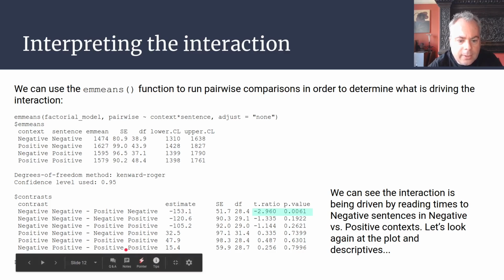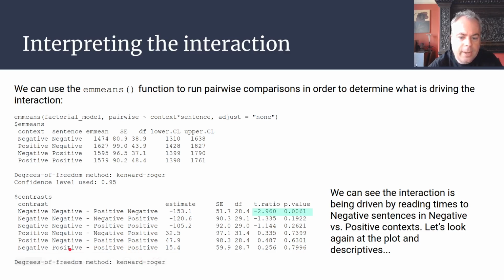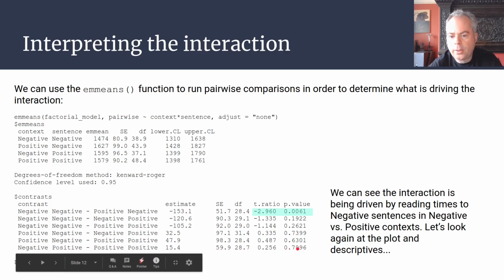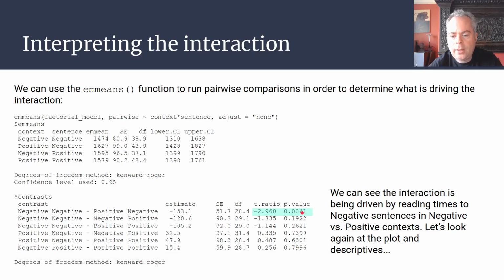The last line down here corresponds to the positive sentences in positive versus negative contexts, and there's nothing going on here. So the p-value that we calculate is 0.0061. We should be multiplying that by 2 to correct for the fact that we've made multiple comparisons, and there were two theoretically sensible multiple comparisons to make. So our p-value that we'd report would be